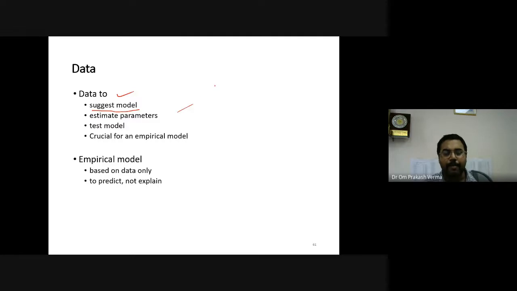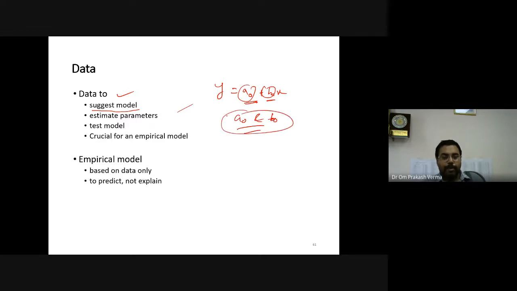Let's say we have the model y equals a naught plus b naught x. These parameters a naught and b naught are our estimated parameters, which we are going to estimate.